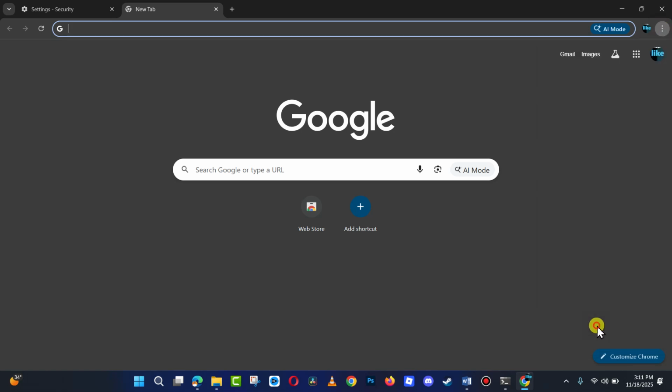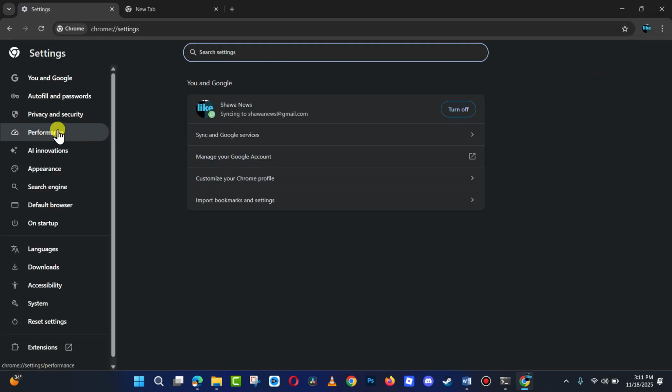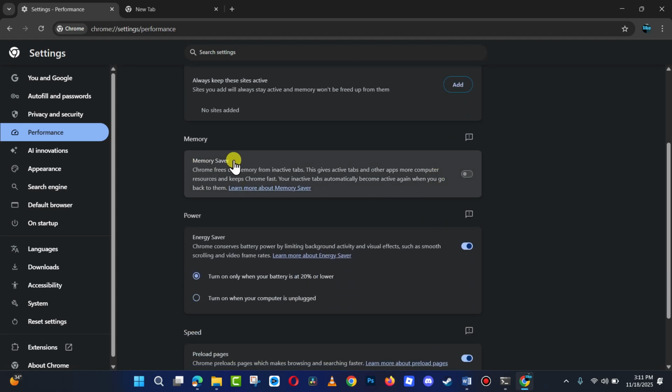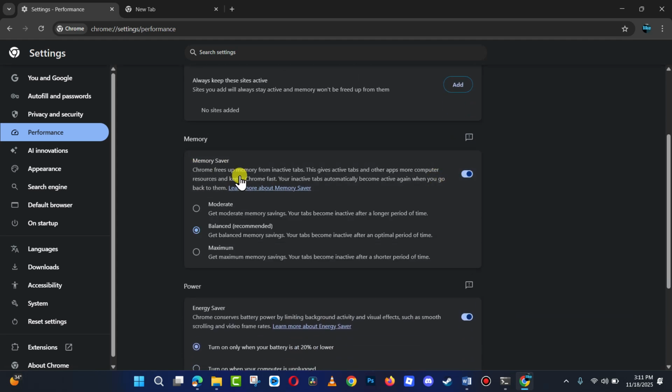go to settings again. So go to performance, scroll down and enable this memory saver. After you enable this one, so that's this one. So the next thing to do, now click on this option again,